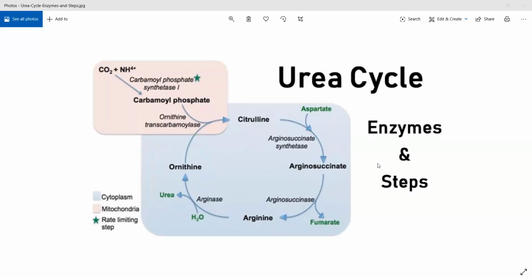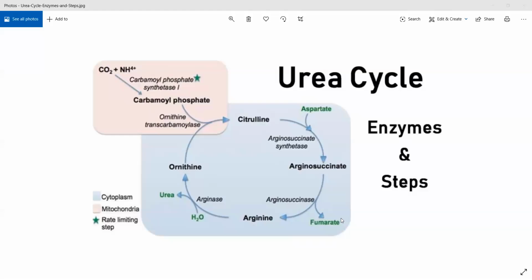Mainly urea formation occurs in the liver. There will be other enzymes responsible for urea formation present in other cells, but the liver is essential for the formation of urea. As a rule of thumb, you can take that urea cycle mainly occurs in your liver. Now, urea has two amino groups. The formula of urea is NH2CONH2. So urea gets two amino groups from two different amino acids. One it will get from aspartate and another from arginine.